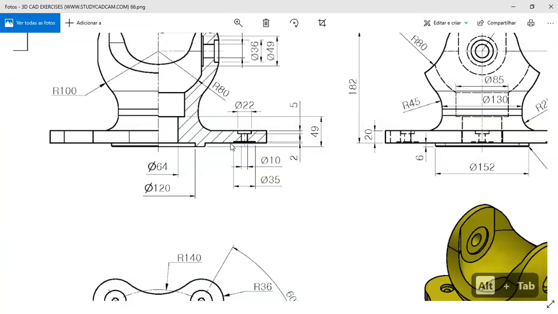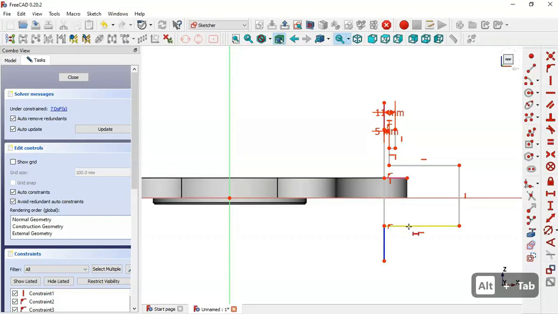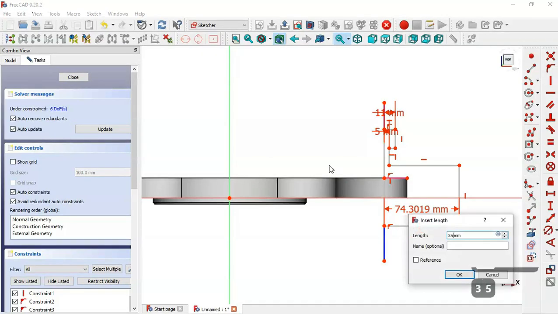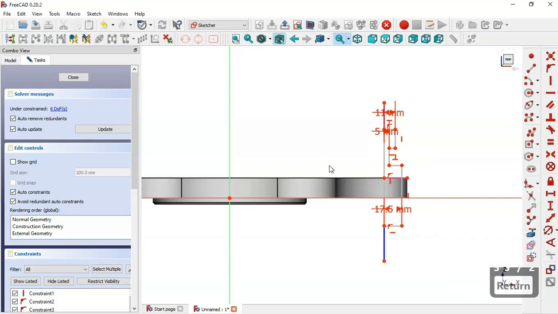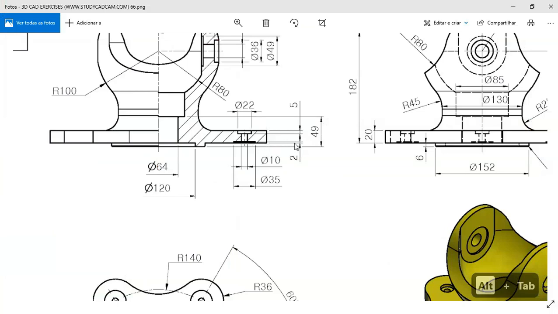Okay, and for this wall here we have a diameter of 35. So for this line here we'll set the value of 35. Okay, and next here we'll set the vertical dimensions here. So first we hide these constraints here, and now we select this vertical distance tool, and here we see 2